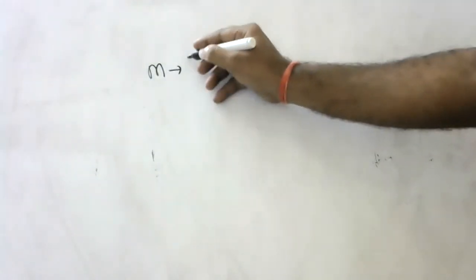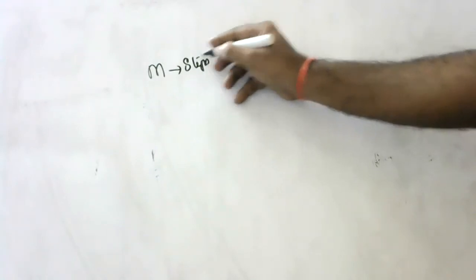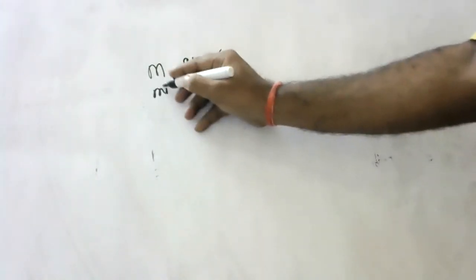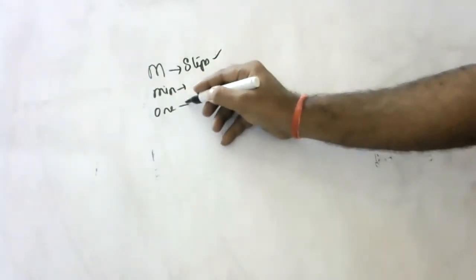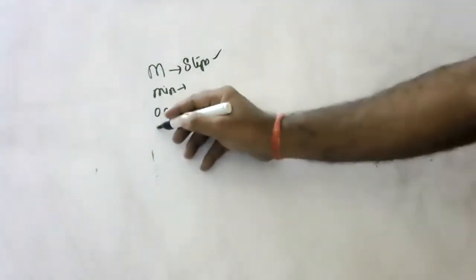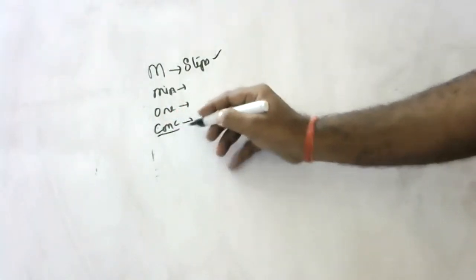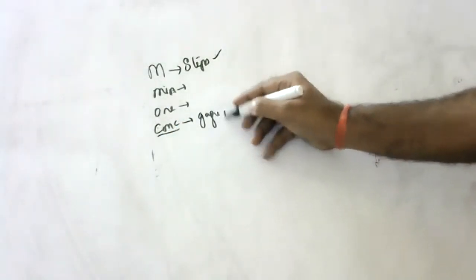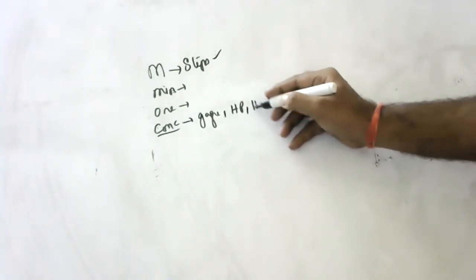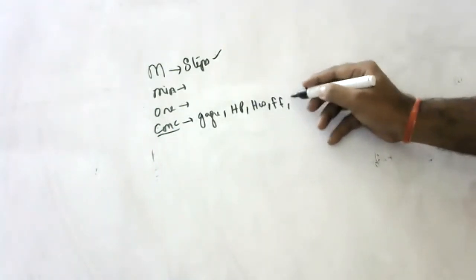So, I will tell from the beginning in summary. First, I told metallurgy. What is metallurgy? Steps involved in extraction of metal. That is very simple. What is a mineral? Any substance which you extract from the earth's crust is called a mineral. What is an ore? It is a mineral from which metal can be extracted profitably. Next, concentration. Concentration means removal of impurities, and the impurities are called gangue. The methods we studied: hand picking, hydraulic washing, froth flotation, Bayer's process, magnetic separation.